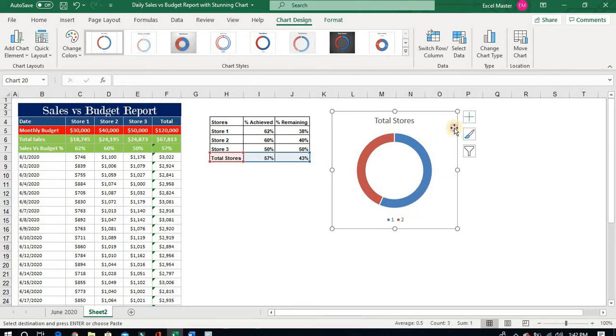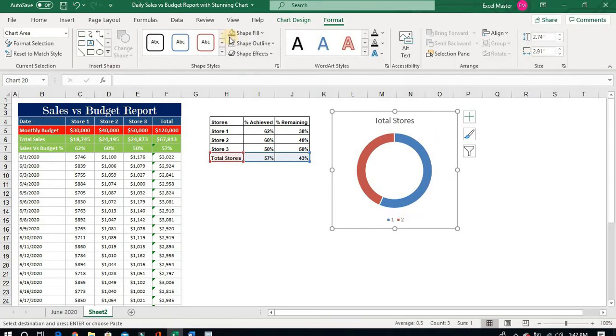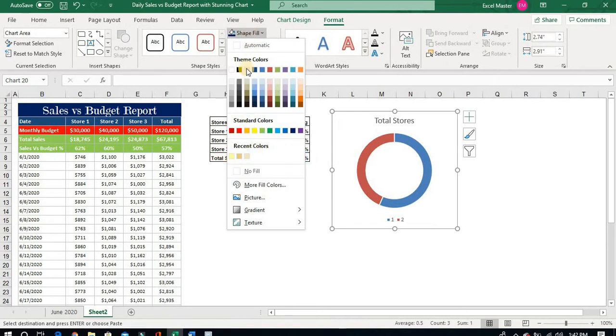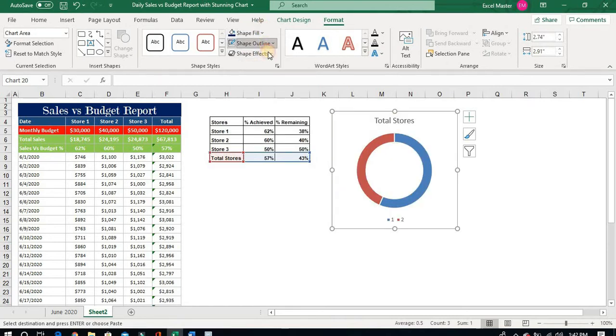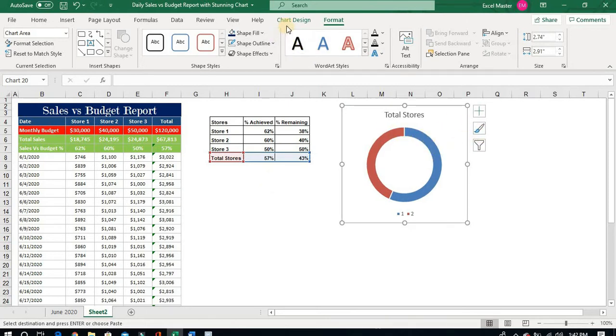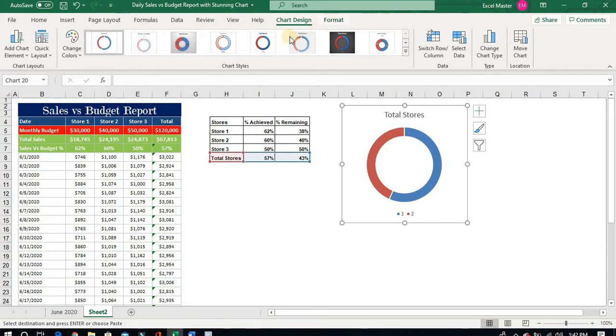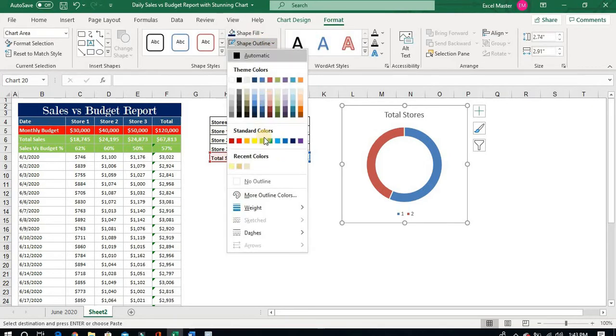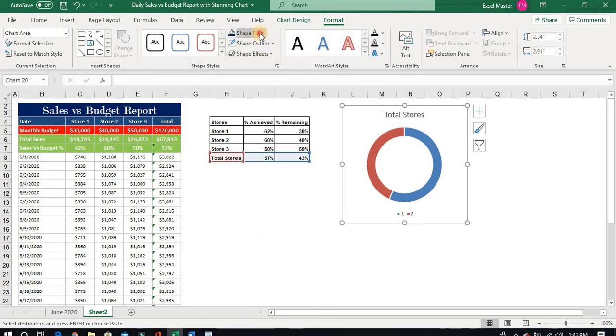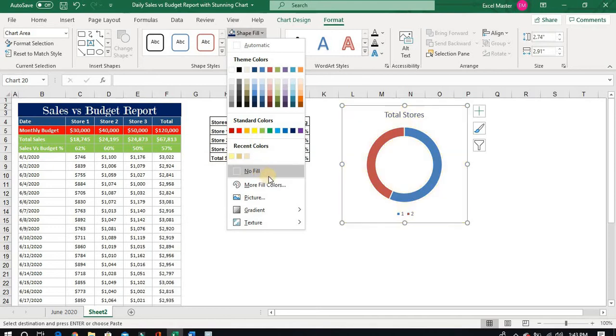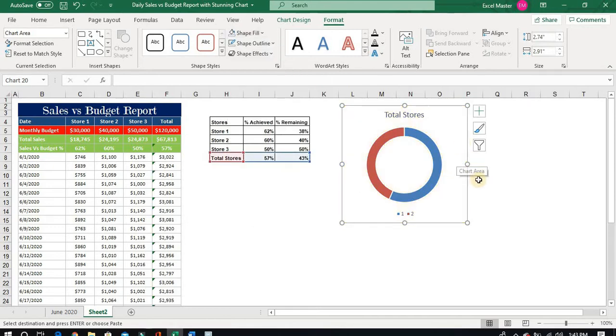We will remove the outline. Now we will remove the outline of the chart, and we will also remove the chart fill as a no fill.